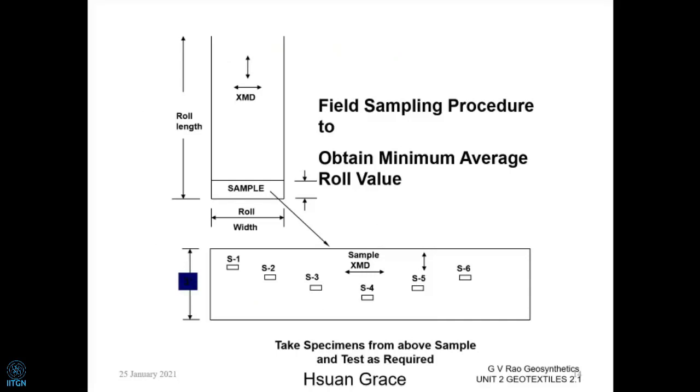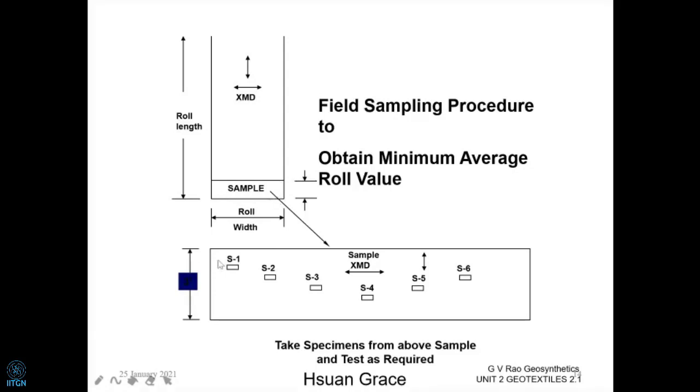So for our own understanding, we are going to have the roll and just open the roll. Like when you go to a textile shop, he'll just open one roll. So he'll open one roll and then we get the end of it. One end of it we are going to pick up. And of course, we remove the edge portions and then pick up a specimen, pick up a sample. The sample, as we already mentioned, will usually be anywhere from 1.5 to a few meters more. And full width you are going to pick up.